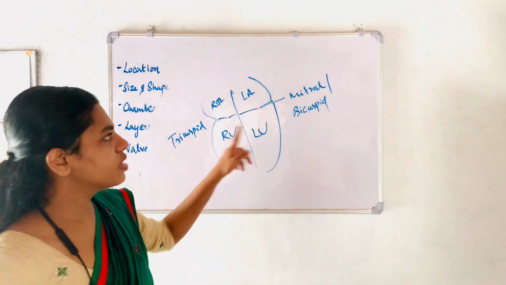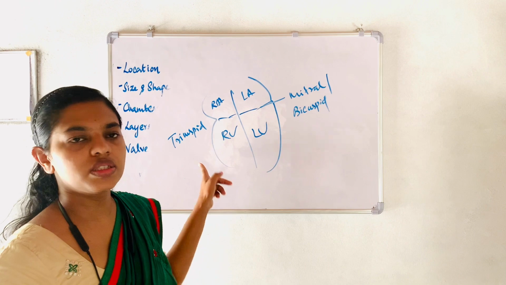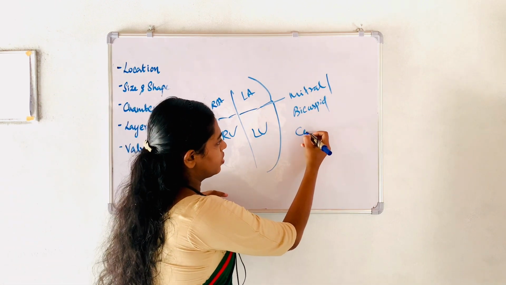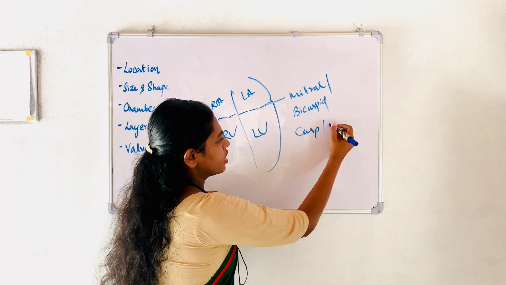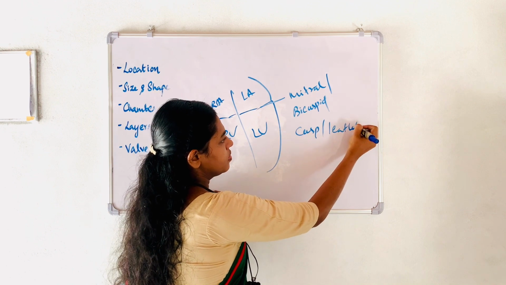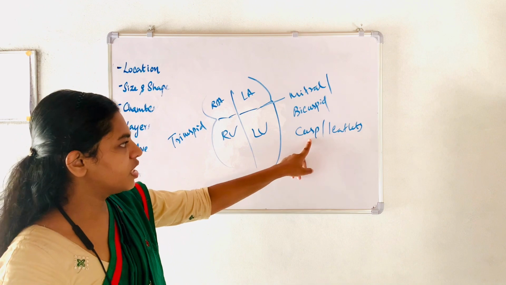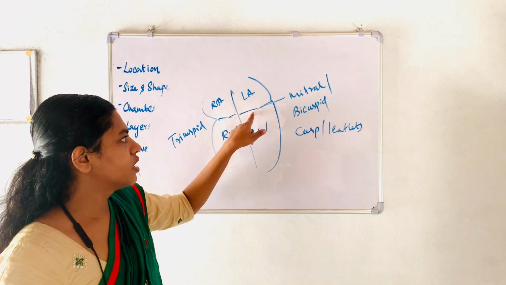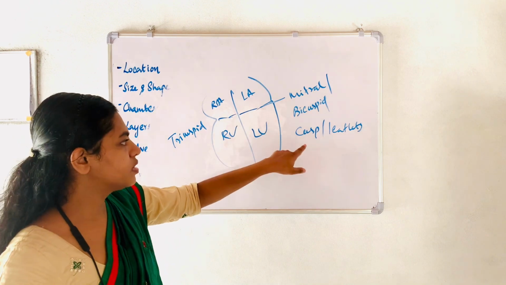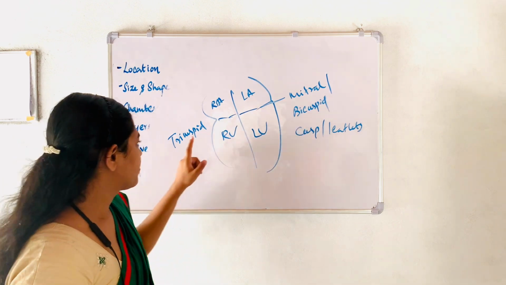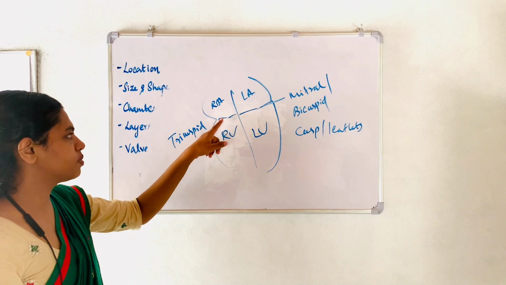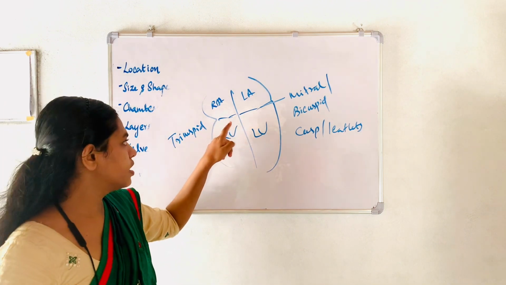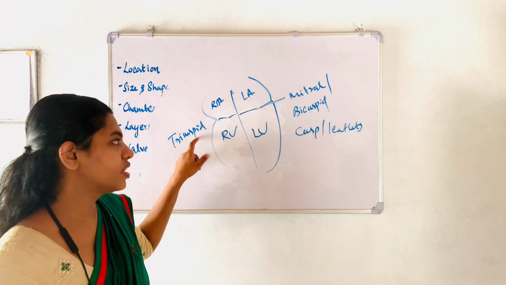Why has this name been given to these valves? Because this valve consists of two cusps, or leaflets. This moving portion is known as the cusp or leaflets. There are two cusps in the mitral valve, that's why it is known as bicuspid, and in the tricuspid valve there are three cusps, three leaflets, that's why it is given the name tricuspid.